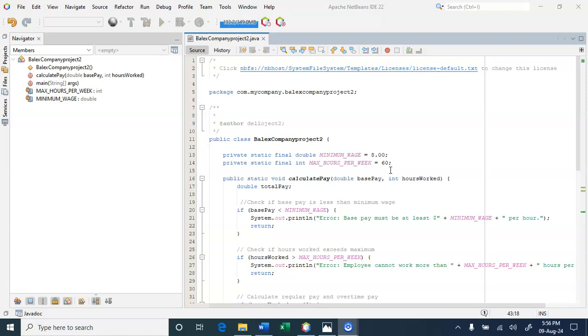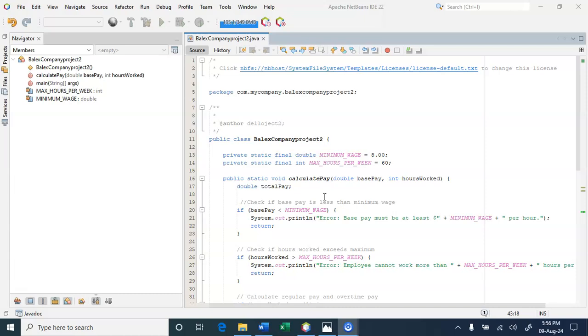We also have the method to calculate the total pay. This method is named calculate pay, as you all see. It takes two parameters: the base pay parameter and the hours worked parameter.